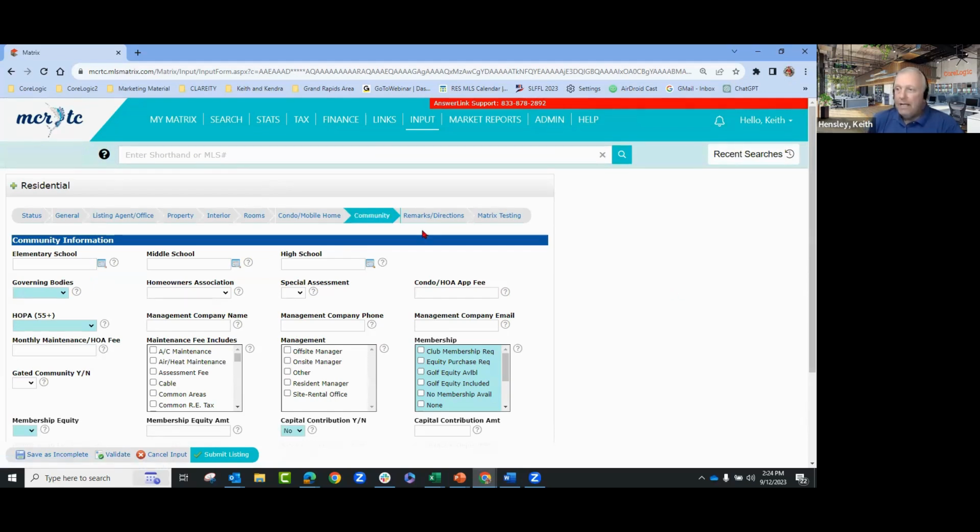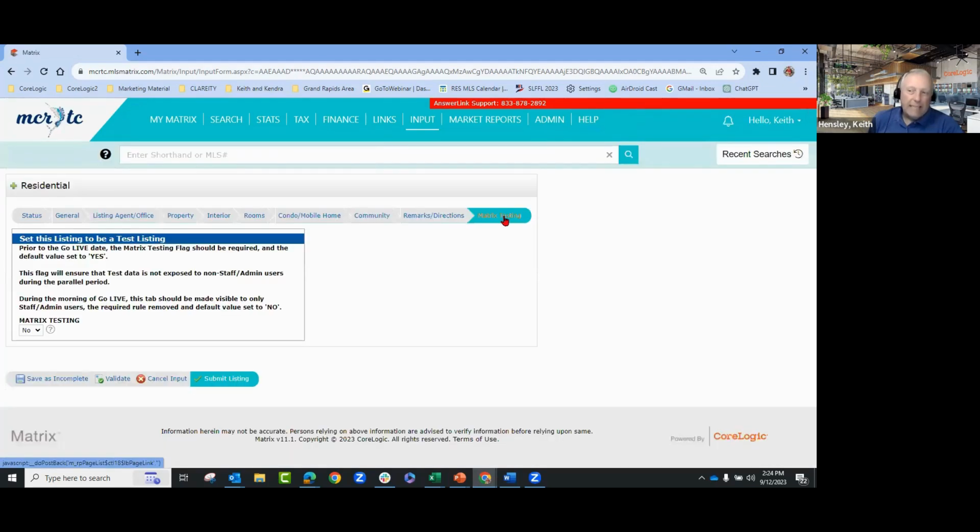Okay. Now, we all have these tabs up here, except for me. I have the last tab here. It's called Matrix Testing. Because of my access level, I can test listings. I can see how things are working. They give me this extra tab called Matrix Testing, and since I'm testing, I want to say yes, this is a